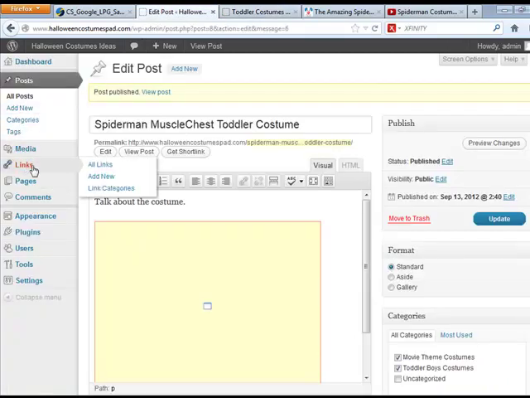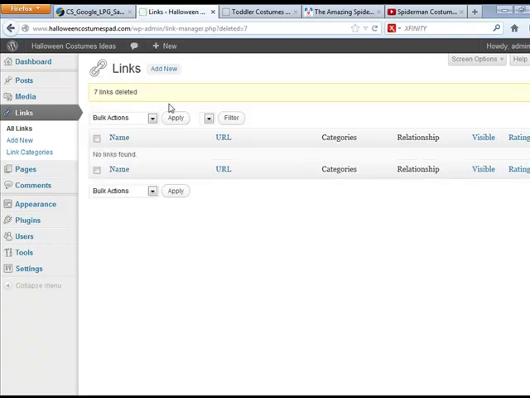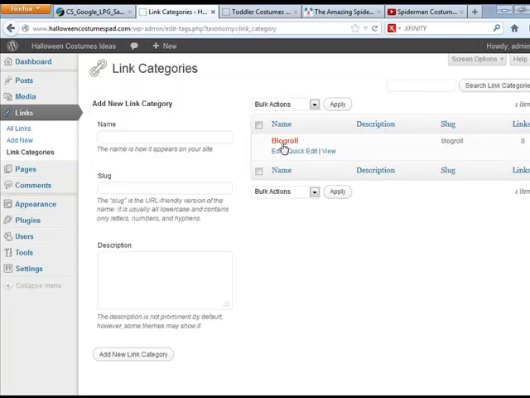You see here on the left side it says links. So let's go to links here. And the links that they give you by default are links that we don't want to use. So I just go in here and I check them all, and I choose delete, and then I choose apply, and it's going to go through and delete all of these links here. And then the other thing we've got here are link categories, and you've got blog roll as one of the categories. So we're just going to go ahead and delete the blog roll category,